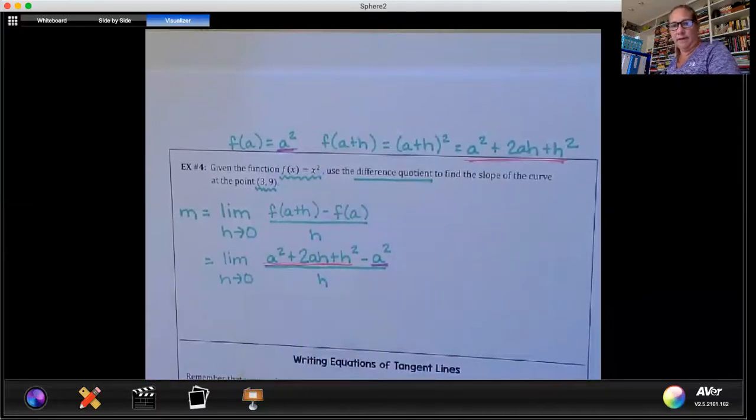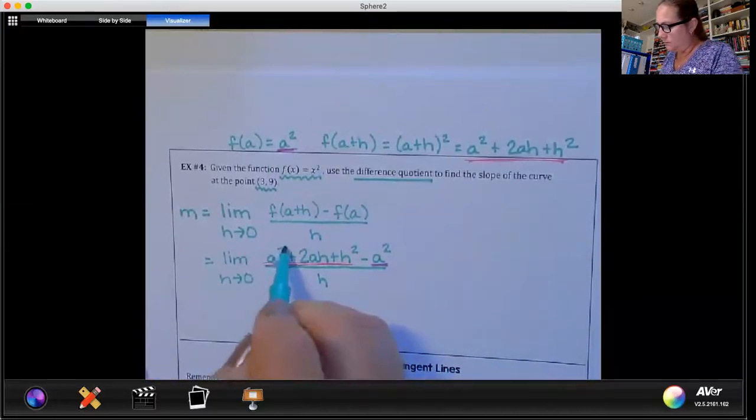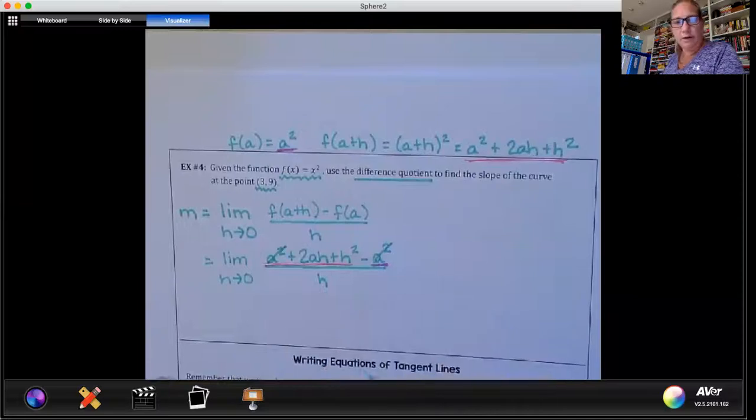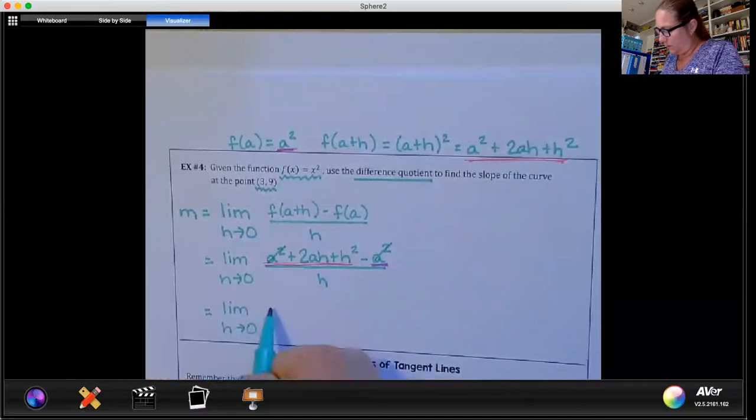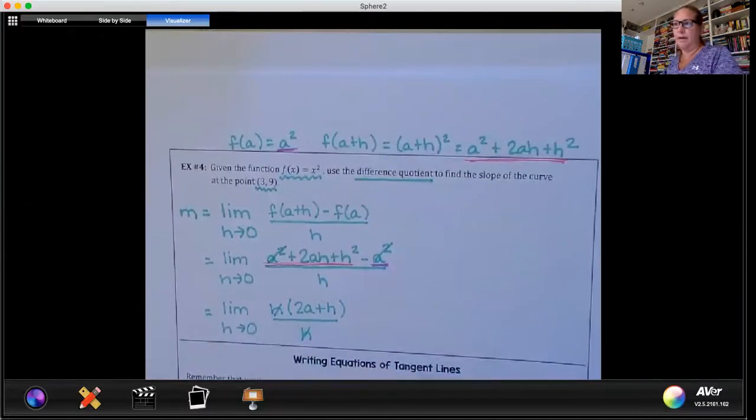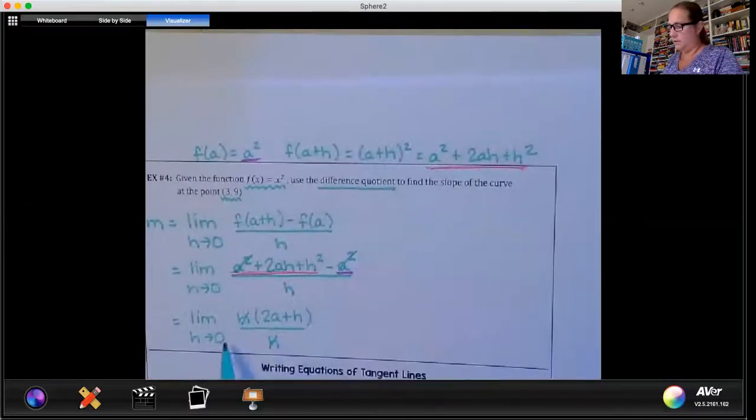Now we're going to simplify. As you can see, the a squareds will cancel. And as you also can see, you have a GCF of h in the top, which is what you're looking for. So we're going to take that h out and get 2a plus h over h, and your h's cancel, which is great because at that point, you want to be able to substitute h approaches 0 in to simplify your